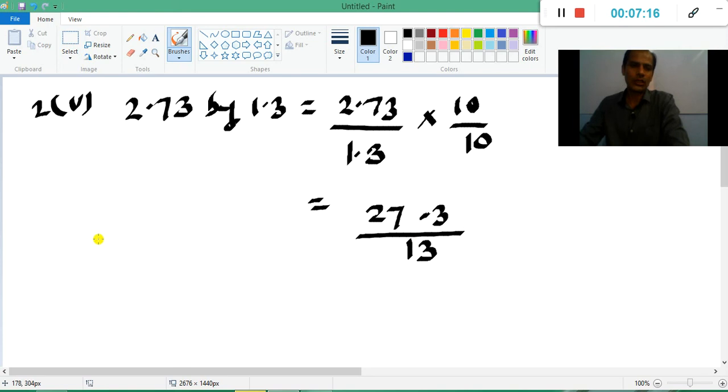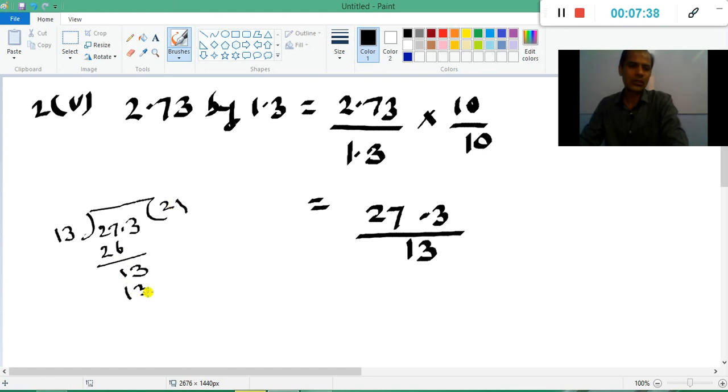Now you can show the division. So for your convenience I am going to solve it. Okay, this is a rough part, it is a rough work. So 27.3, it is 13. Now 13 2 ja 26, subtraction we get 1 and we copy this 3. Now 13 1 ja 13. I hope it is very easy.